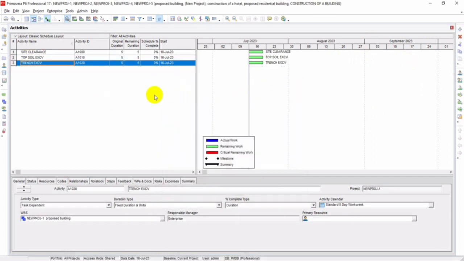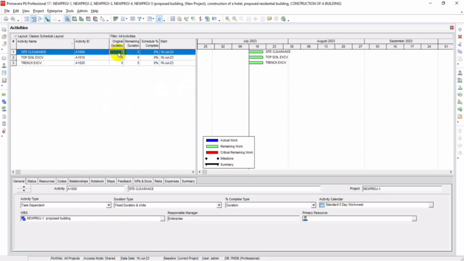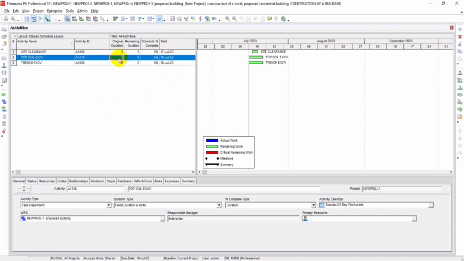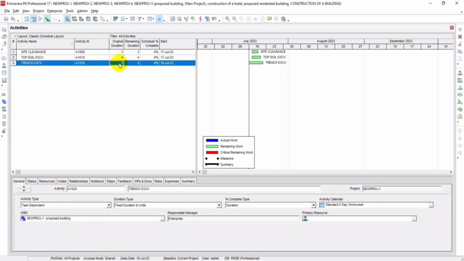So let's say you're done with this. The next thing you're going to do is to fix in your duration. So for site clearance, you can fix in a duration of 3. For topsoil, let's say 4, and let's leave trench for 5 days. So when you're done with this,